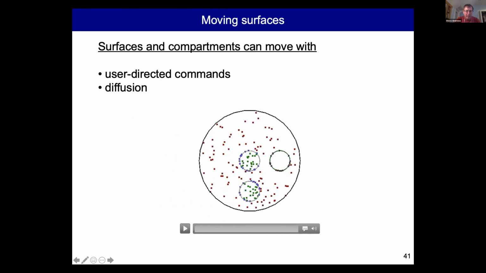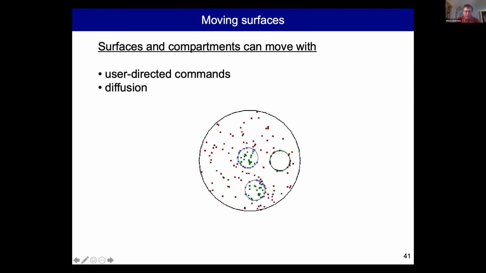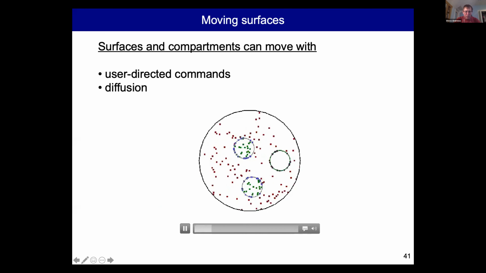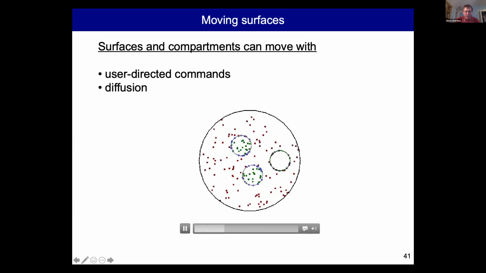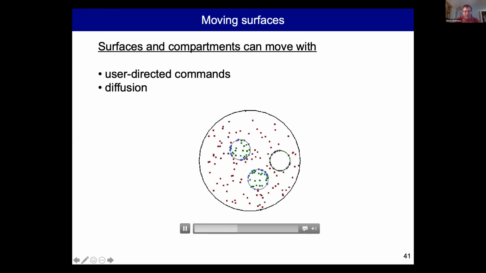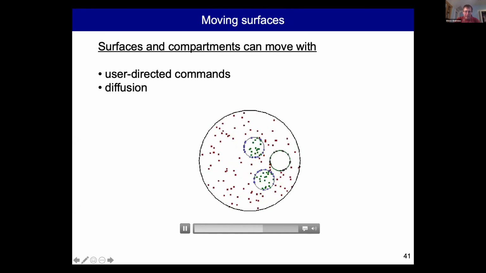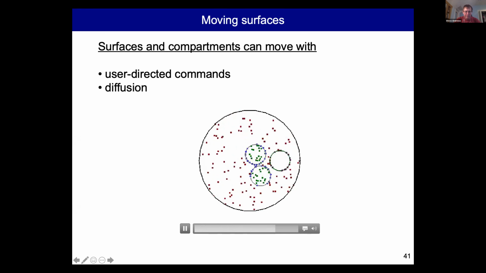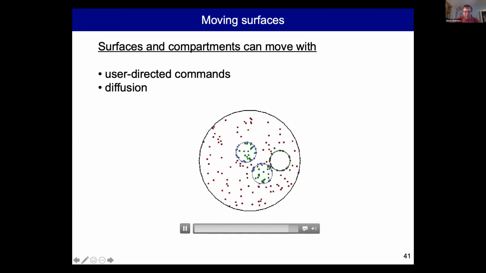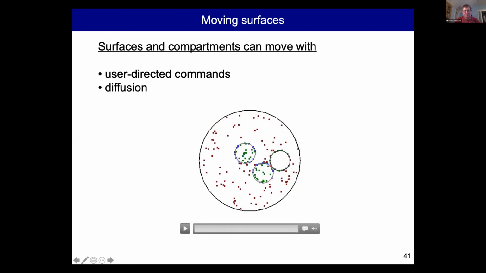A newish development is you can now have surface compartments that diffuse. So here's diffusing molecules inside a compartment, diffusing molecules on the compartment surface, and the compartment as a whole diffusing as well. Also, this can now be defined over here. I think it does at some point. Yep, these now bind together.